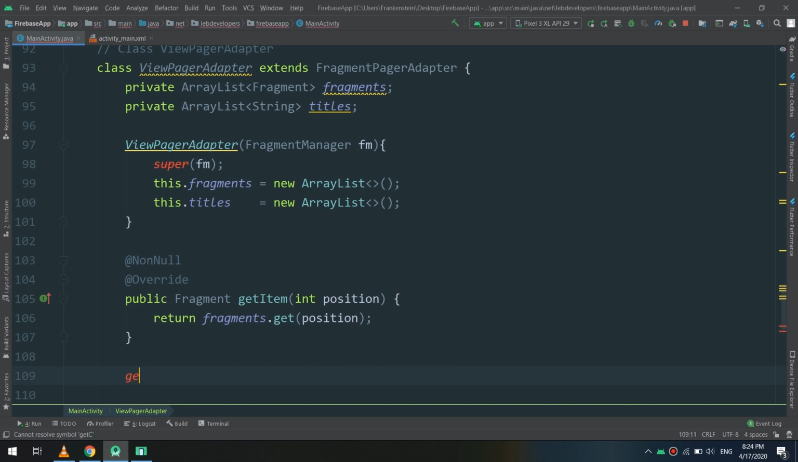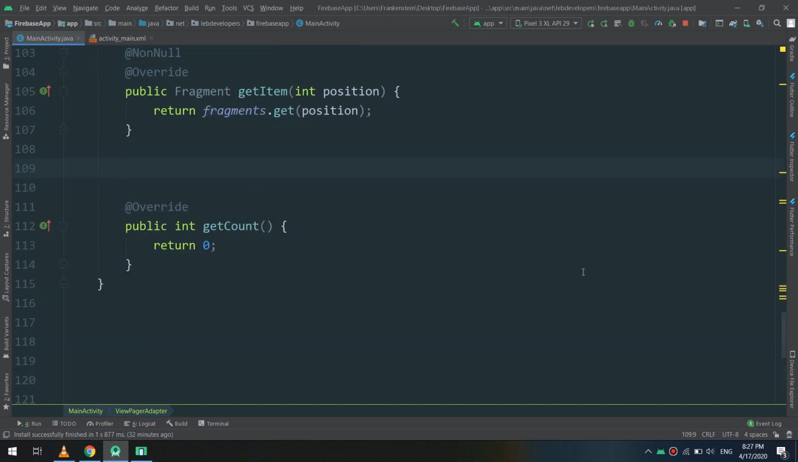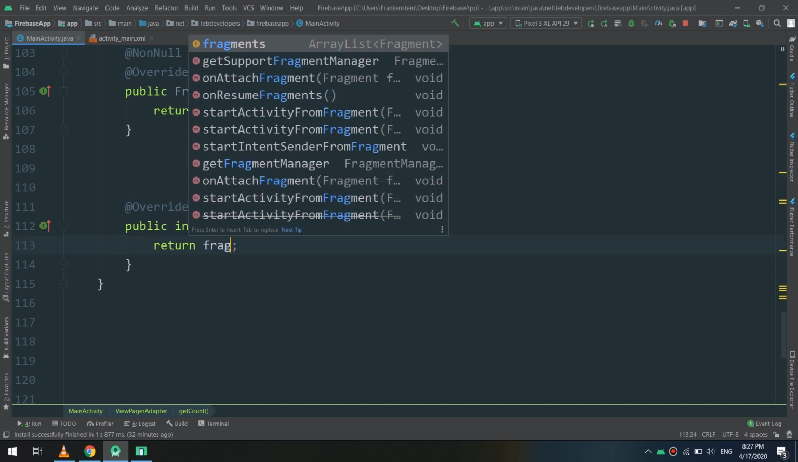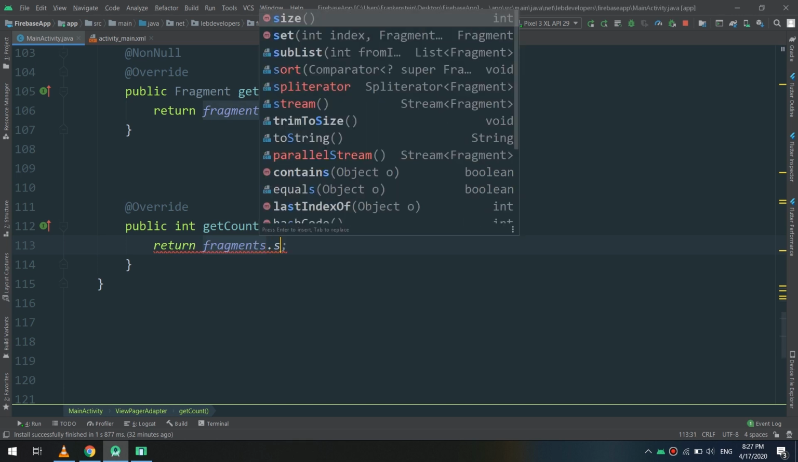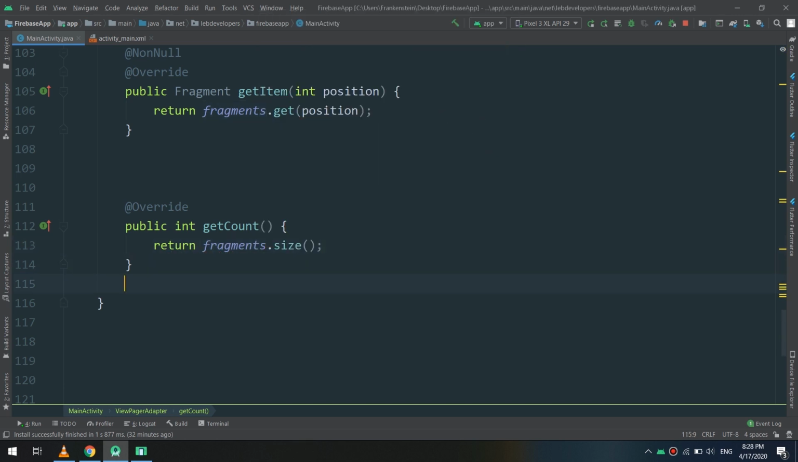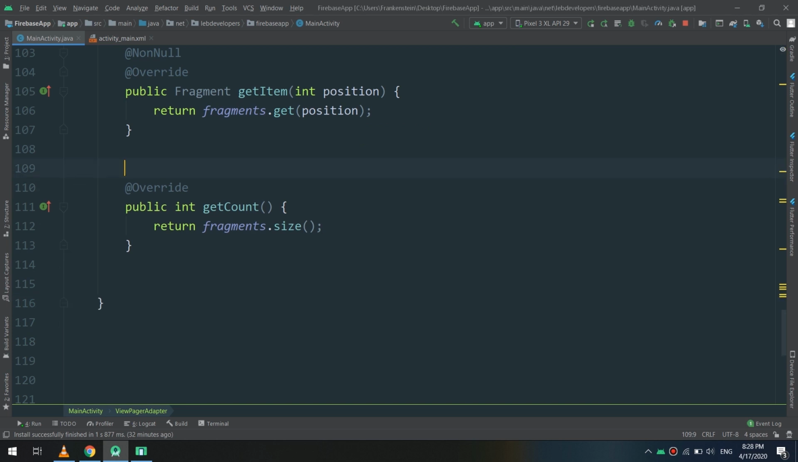I will override another method. Let me see the fragments pager. There is another method that we need to implement and override, and here we go, getCount. I will return fragments.size. Now